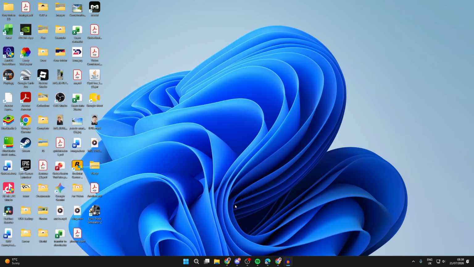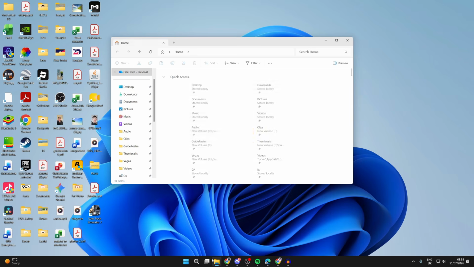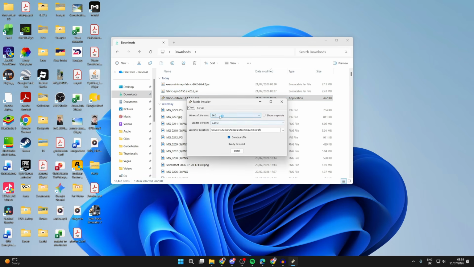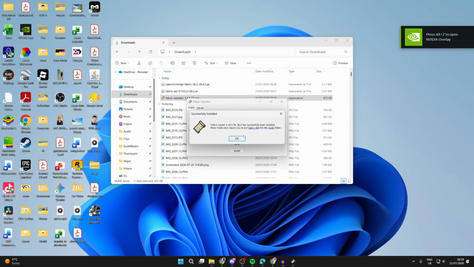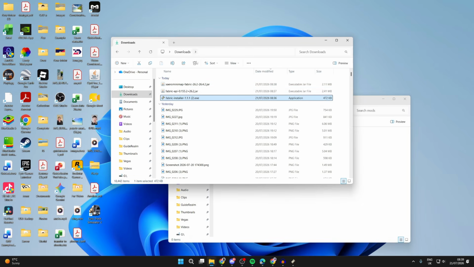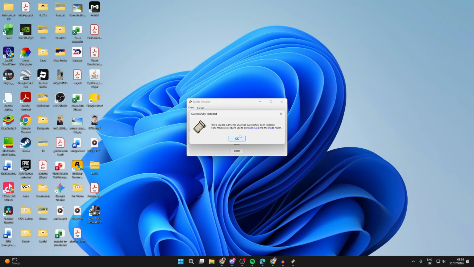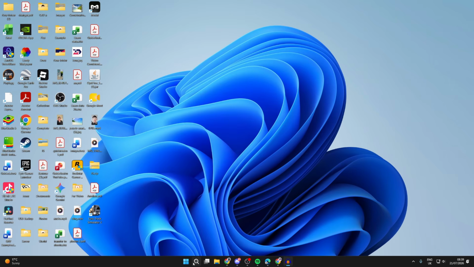What we can then do is come out of the web browser and you want to open up your file explorer at the bottom of your computer. Press downloads to the left, and here's what we just downloaded. So to get started, double click on the Fabric installer. This opens up. Make sure you choose the version that you want. We got the latest, which is 26.2, but you may have got an older version. Then you can press install at the bottom, and it now has. You can actually press mods folder here, and that'll take you straight to it. And you can then find the API and the mods you got or mod, and you can drag them in like that. That's it. You can press OK and close this, and you can press search at the bottom, and